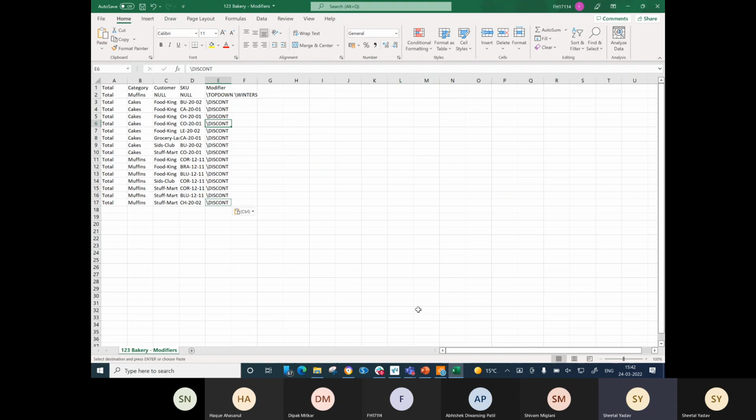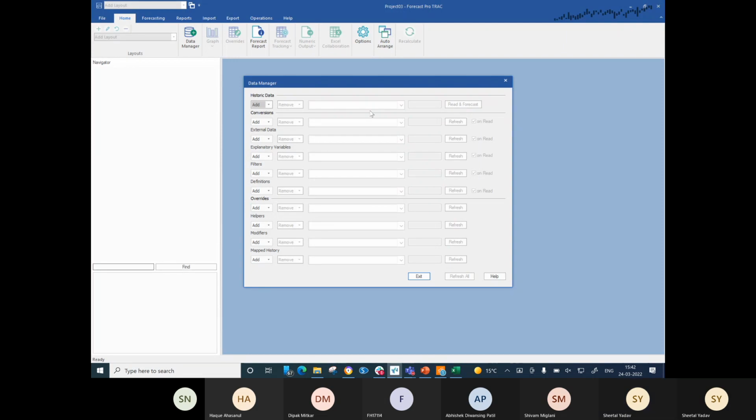Or if there is a specific model that you would want the system to use, but it's applicable for quite a number of SKUs, so instead of marking them one by one, you can mass upload it through this file. Use it judiciously, and it would be really helpful for you to manage a large data set. And that's what this option is available in the system,